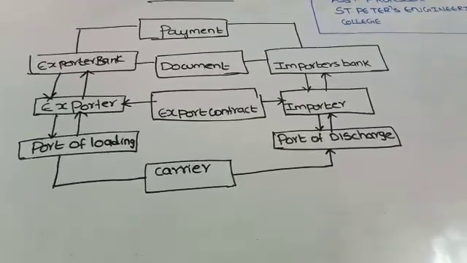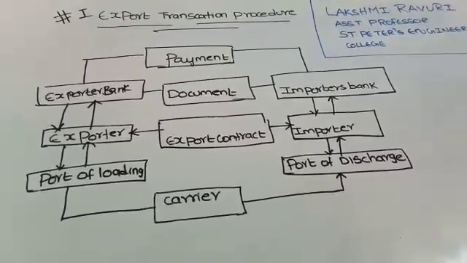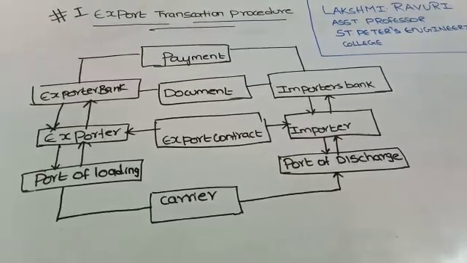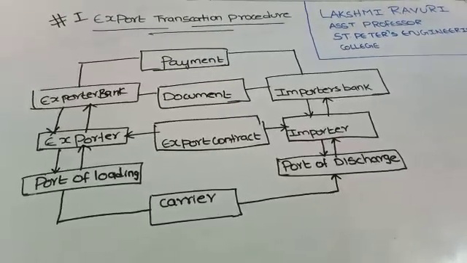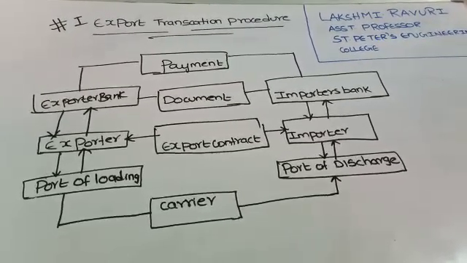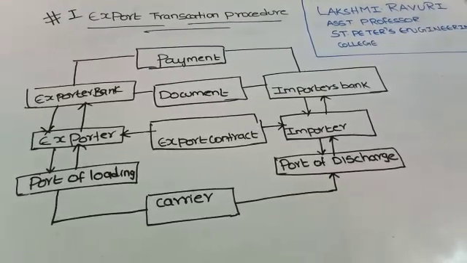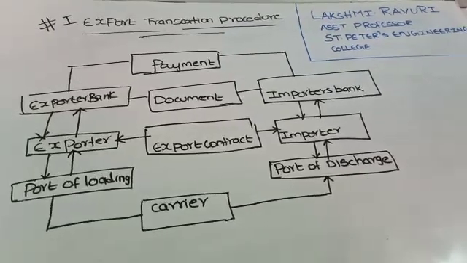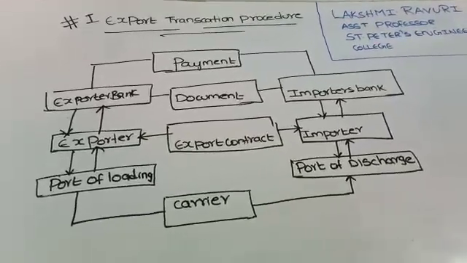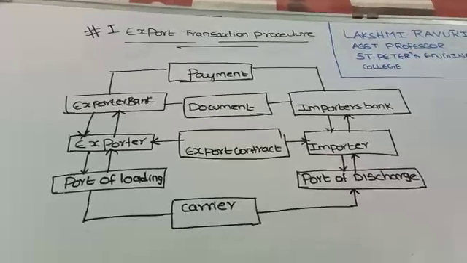Digital payments, so payment should be cleared. If there is any digital transaction, you need to keep up with this. Then appointment of clearance, goods to port and shipment, port formalities, customs clearance, dispatching of documents, certificate of origin, dispatch of shipment, submission of documents to the bank, and claiming of export incentive. So these are the terms which you will see.